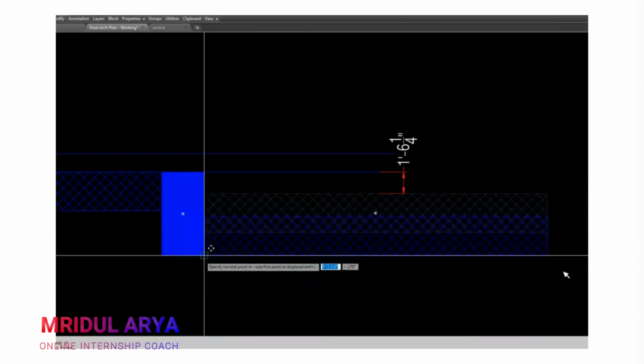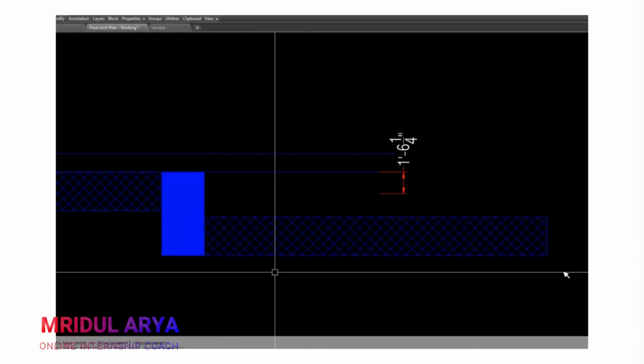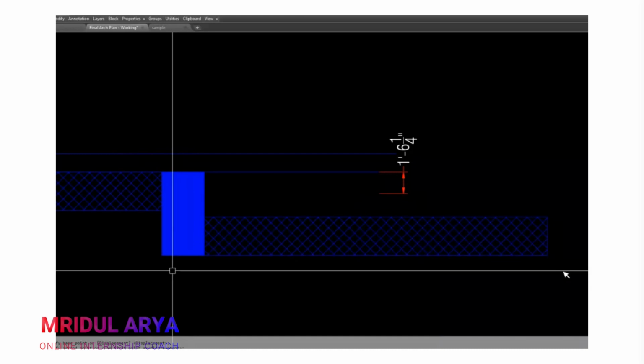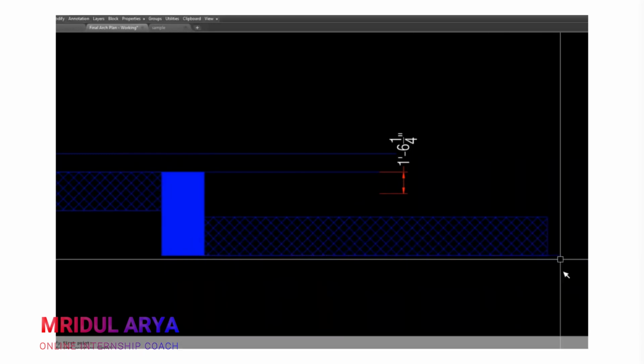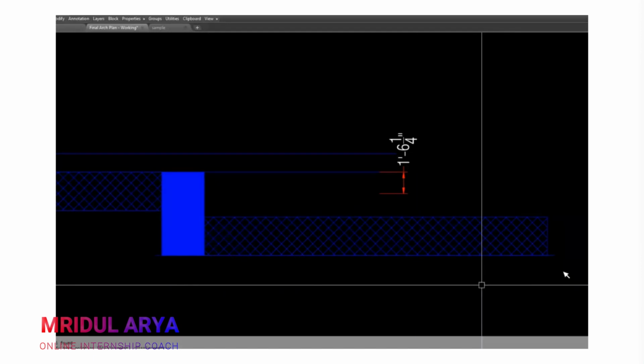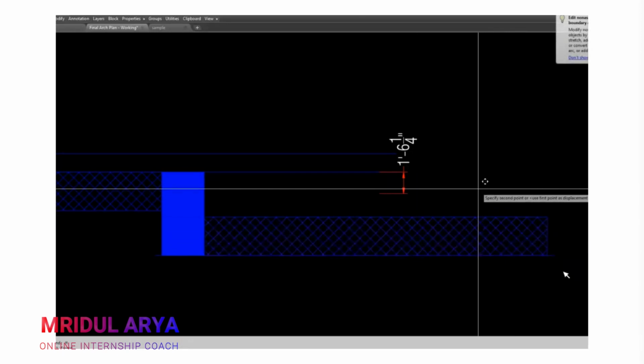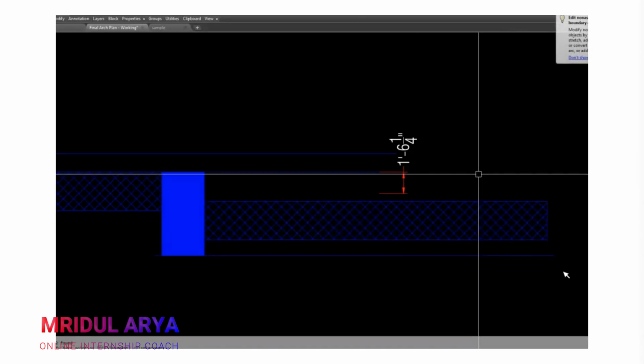So for sunken, you can have your slab bottom match with your beam bottom, or you can provide a specific height for it. Okay, you can keep your slab at this location as well.